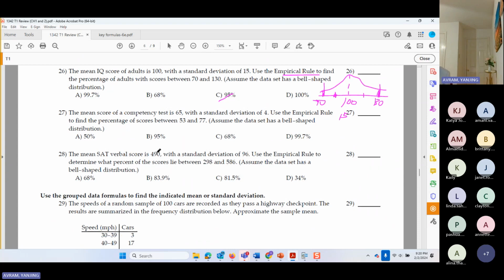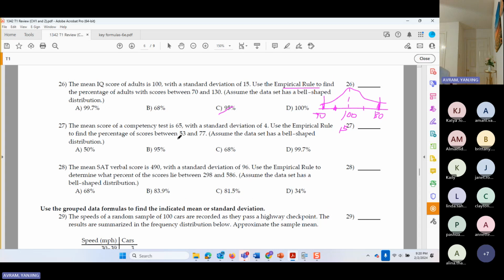All right, 27, very similar. This is between 53 to 77. Okay, 27. Okay, D is